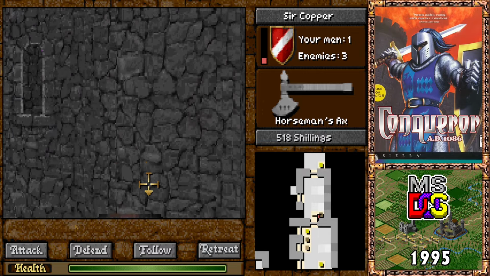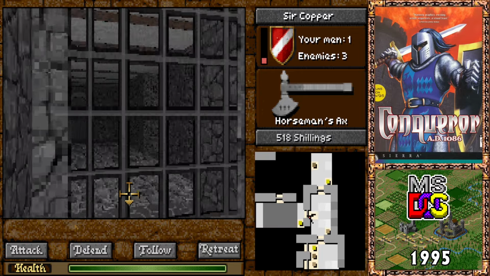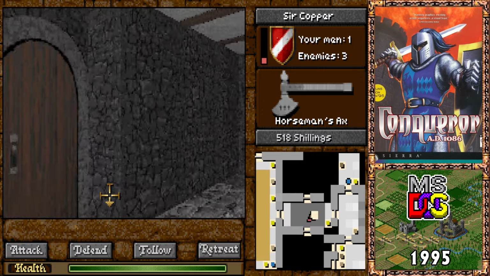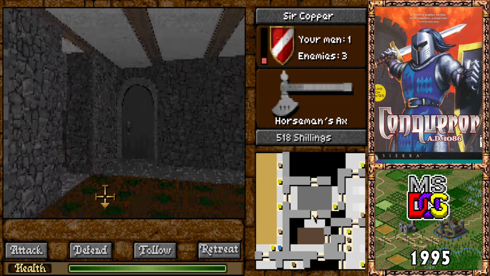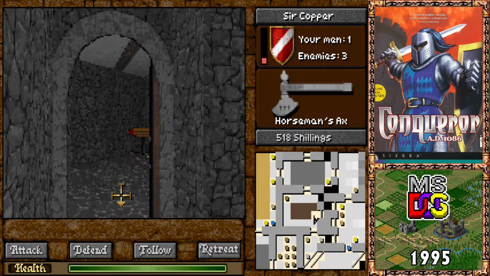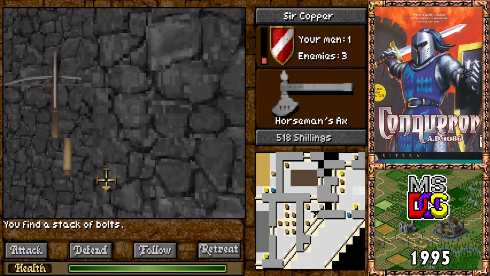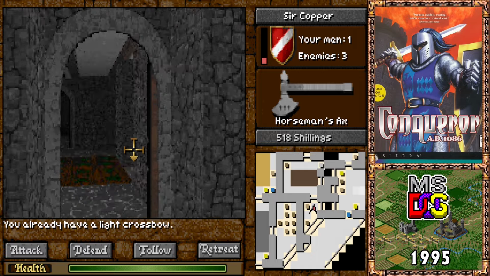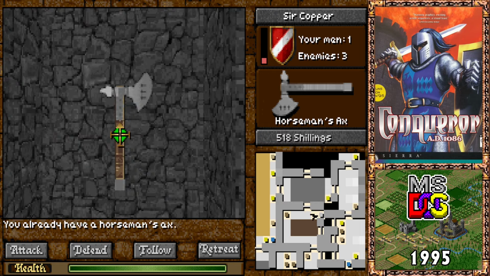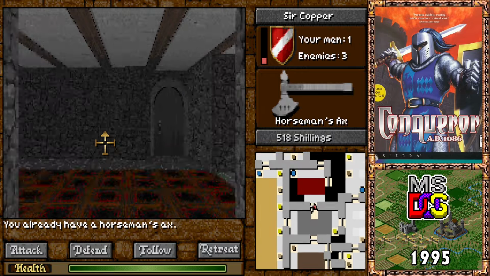Right, there's a barrel here. I've never found anything other than food in the barrels, so I don't think you can find weapons or anything in there. Let's check this out. Yeah, I think the music and the sound effects for this game are quite good. So I like them. Nobody in here. Oh, more crossbow bolts. Take them. And another crossbow. You already have a light crossbow. Maybe you can't carry more than one of each weapon, maybe. But we'll see how many hits it takes us to kill somebody with the...